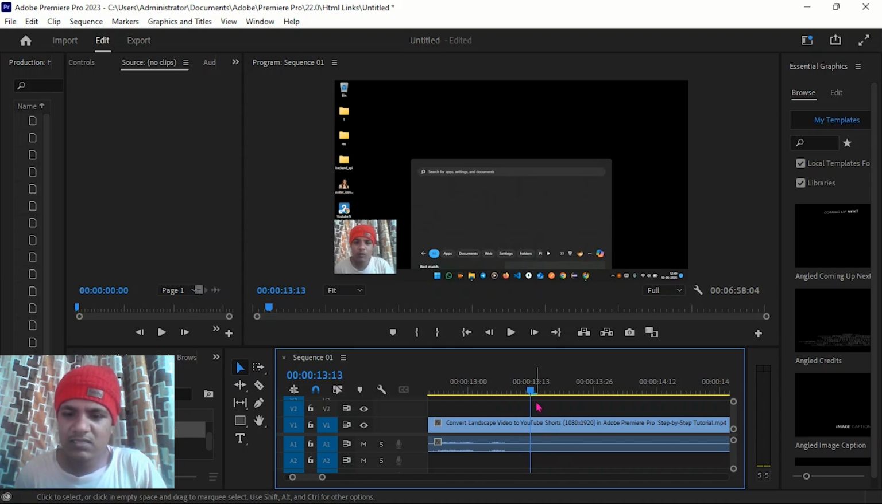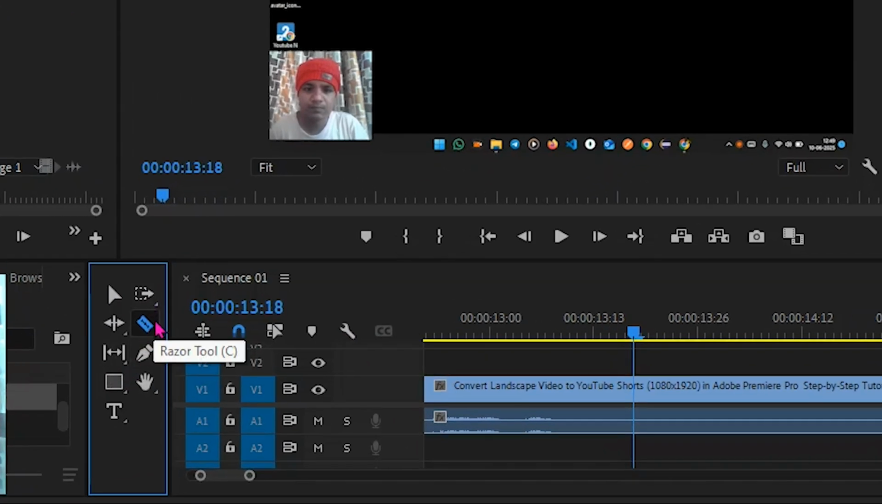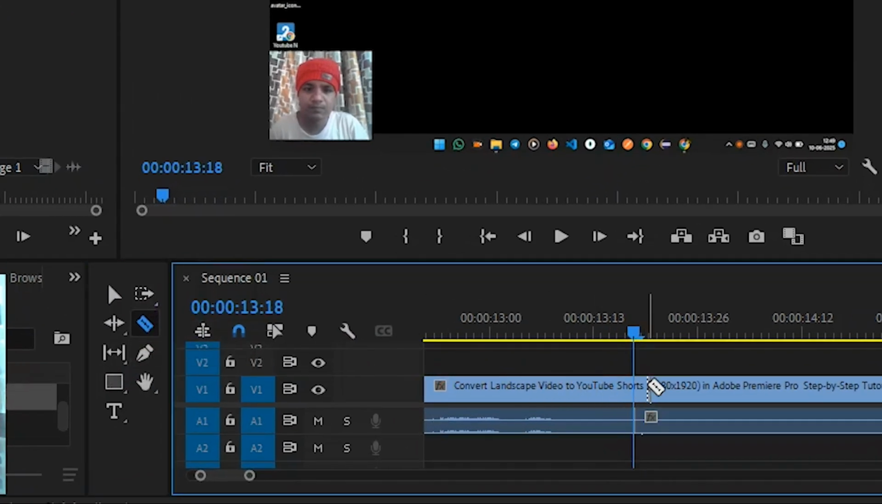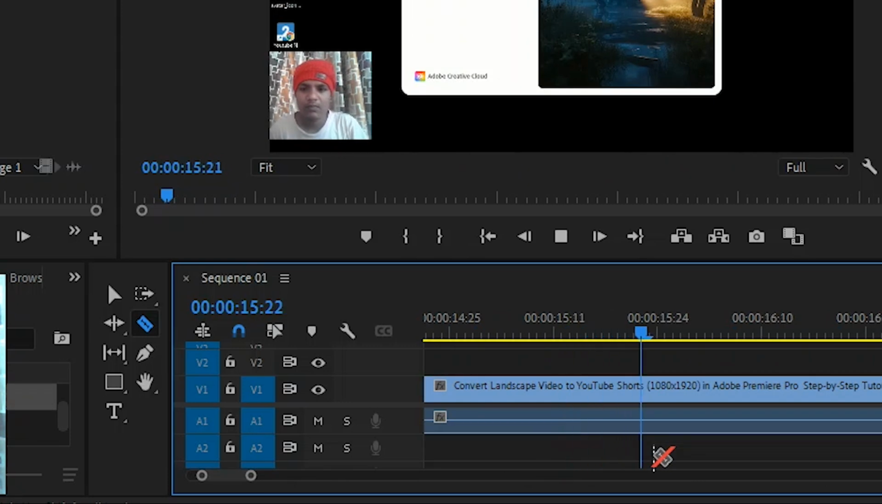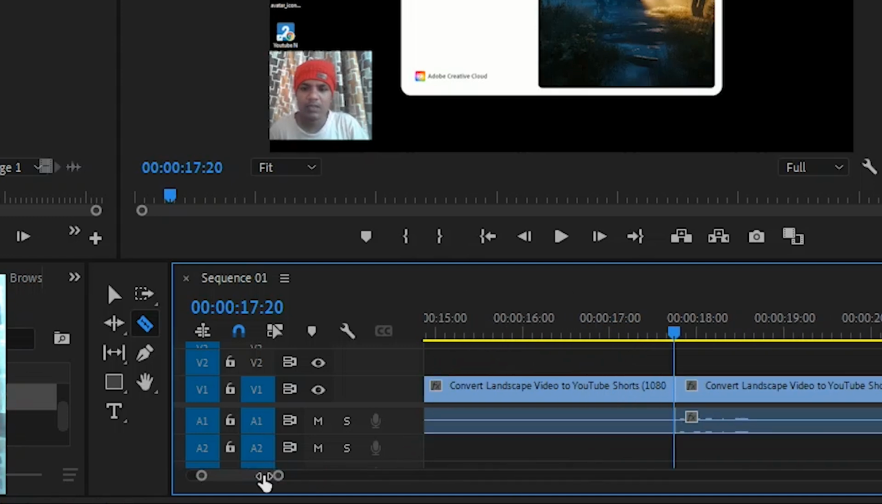From here I want the speed of this part of the video to be adjusted. So for that you need to click on this razor tool. Select the point at which second you want the video speed to change. Yes, from here to here I will select. So I just selected from there till here. Here you can select the length of the video according to your